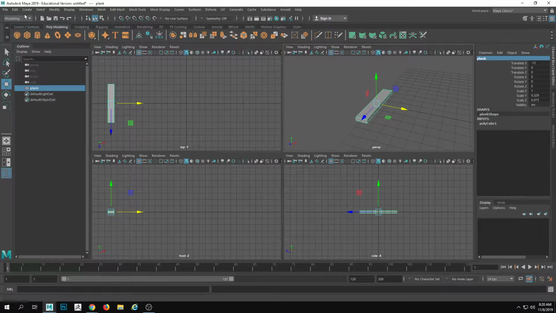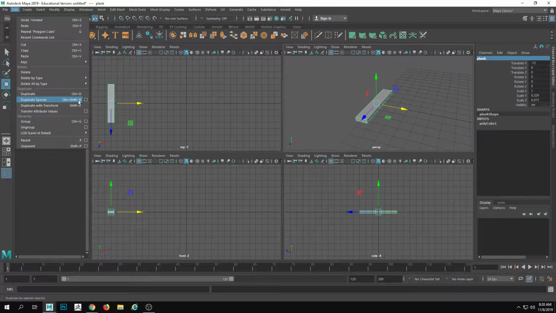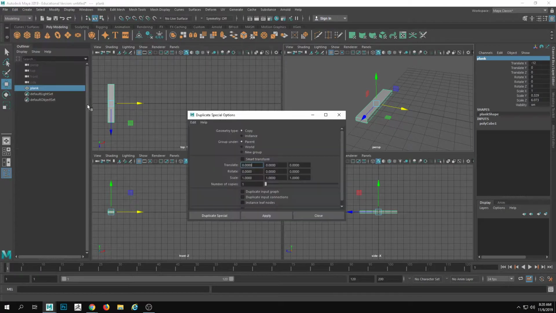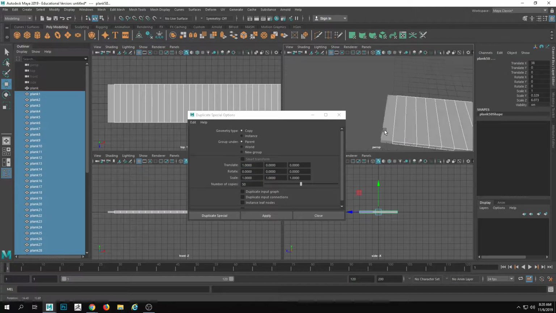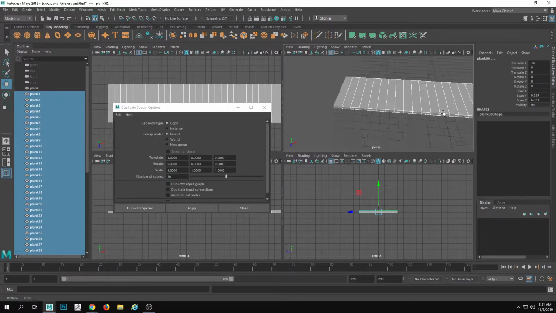Now that I have this, what I'm going to do is edit, duplicate special this time. And when I open this up, I showed this with the birdhouse when I was making some shingles. This is how we could make a translate of 1, and we can also have a number of copies. So I'm going to tell this thing to give me like 50, and I'm going to hit apply. Okay. So it made the copies,